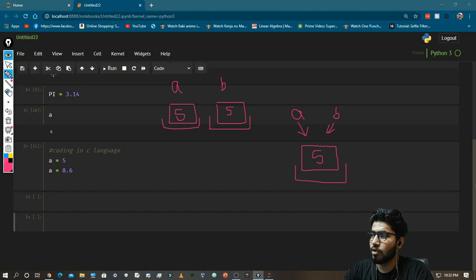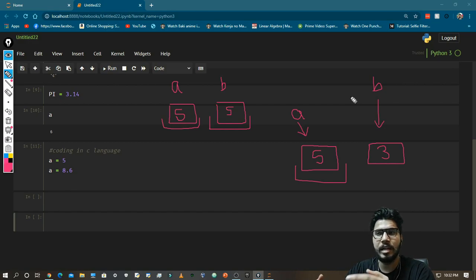Let's suppose that you want to store 3 in B. A new memory block is going to be used, and there 3 will be stored, and B will be pointed to that. Now let's say again that a variable named C has a value of 3. So C is also going to point to this location. So this is going to save your memory, basically save your RAM.